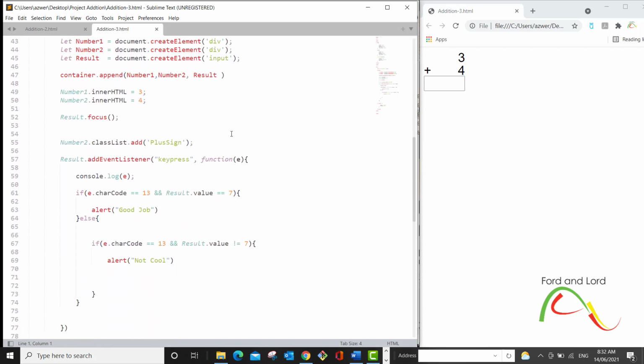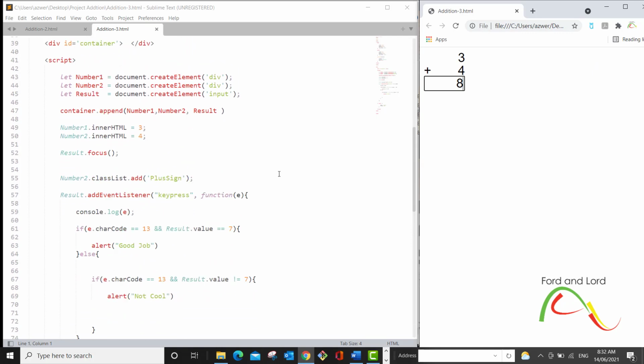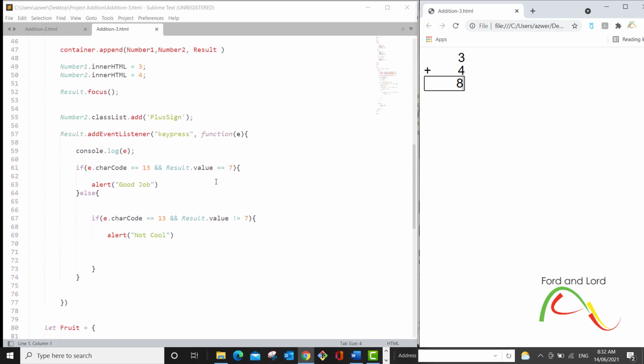In the last video, we learned how to check a user's response in terms of whether the answer typed in by the user is correct or not. So if you type in an answer here, it will say good job as a response, as an alert. And if you type in a wrong answer, it will say not cool. So we are getting some response from the script, and this is the piece of code that we created last time,